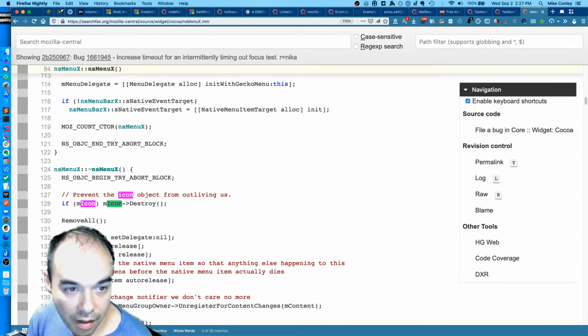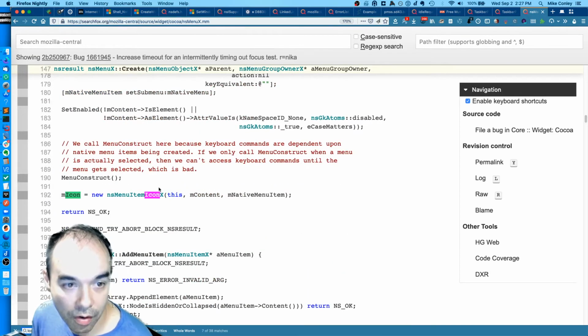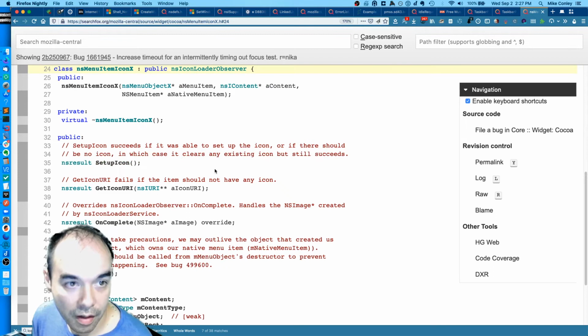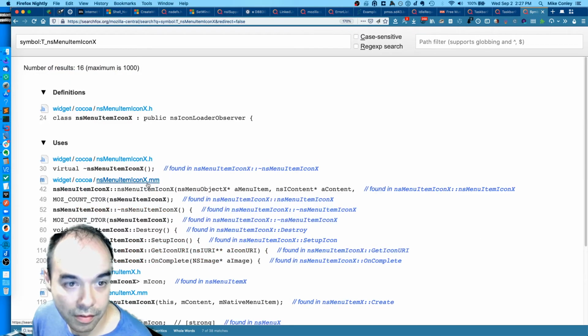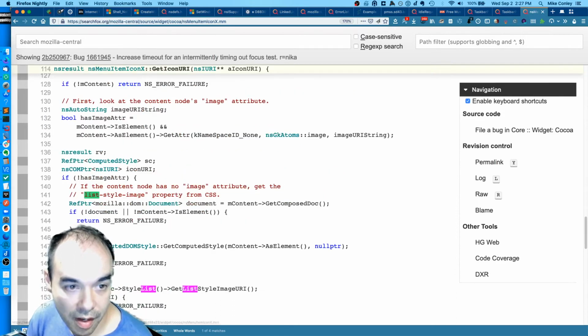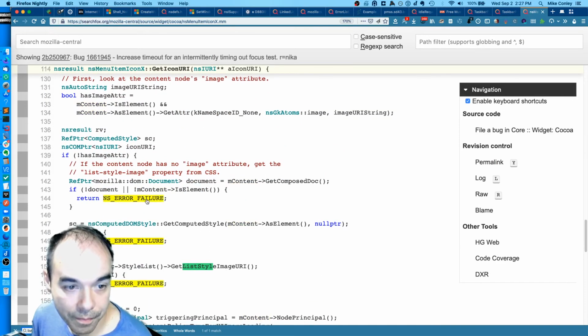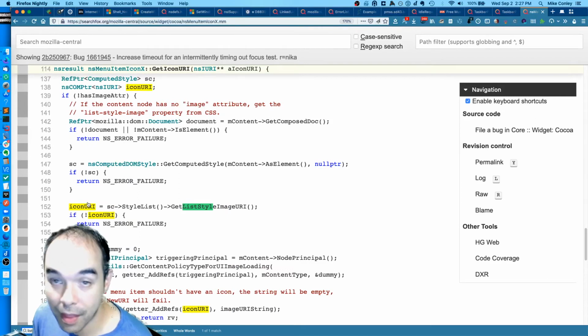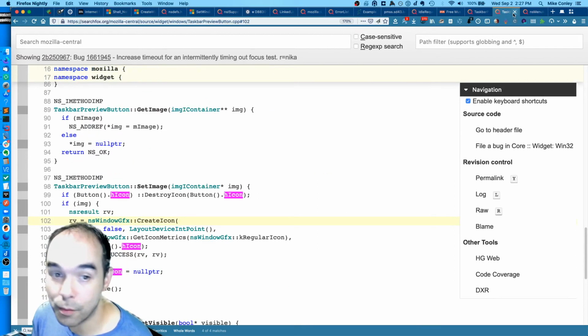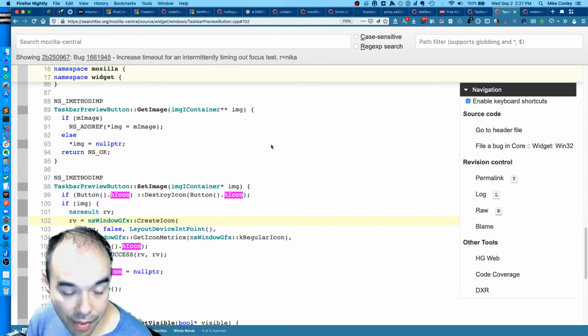Icon, mIcon. Oh, it's in here. Menu item icon X. List style image. Here we go. So what we do is we get the element content, and we get the list style image URI. And if we can get that URI, then we can use